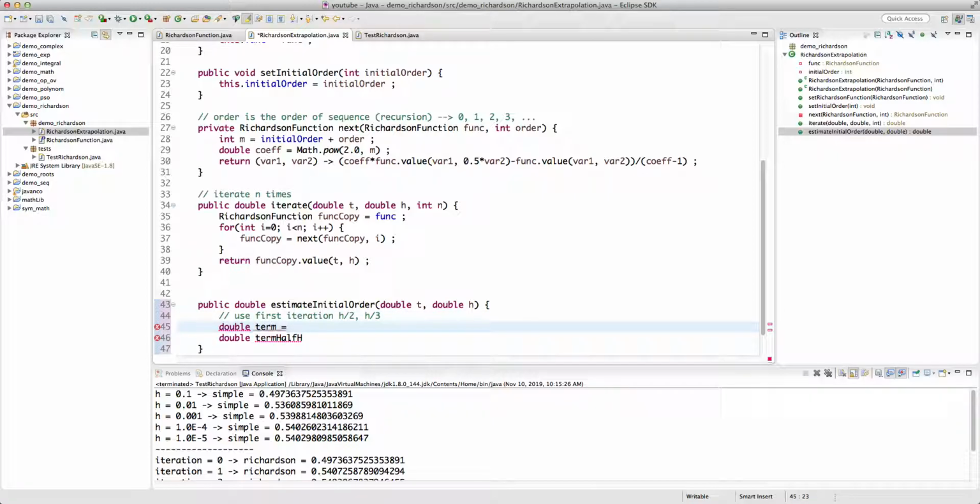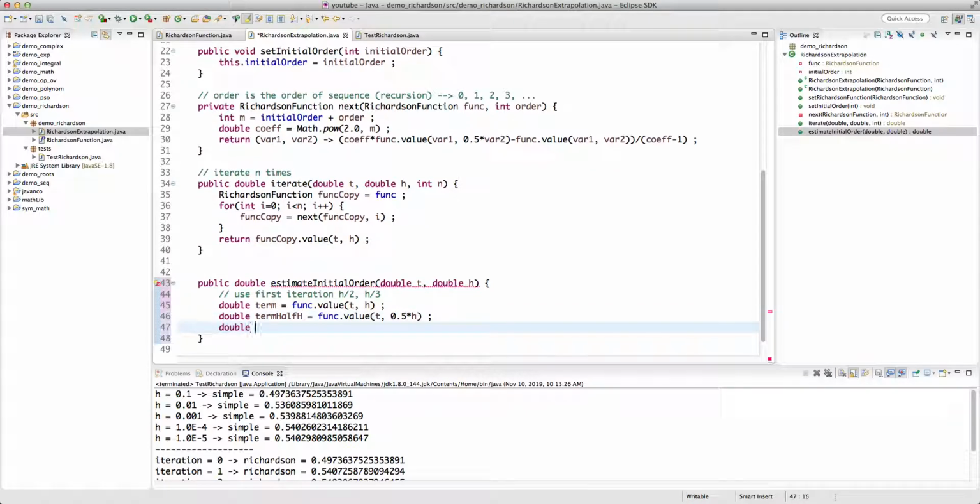This is term h, which is func dot value at t and h. Okay, and then term half h is func dot value at t and half h. Okay,